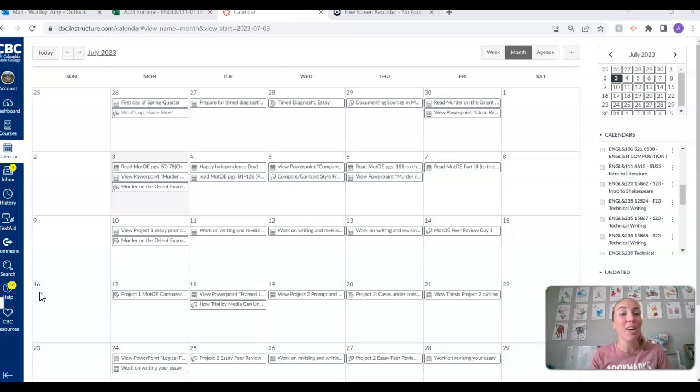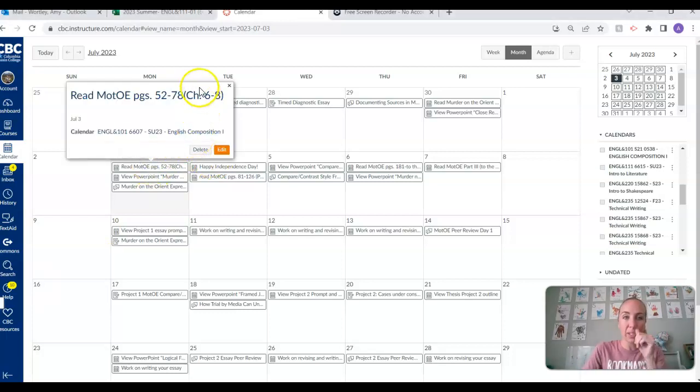So this week we are getting started. Today you're going to be working on reading from Murder on the Orient Express. If your pages are different than the ones I've got noted here, just follow the chapter notations. The pages are for the 2017 edition that matches our ISBN number that was posted in the announcements. If you have a different edition of the book, that's absolutely fine. All the words are the same. The spacing is just a little bit different sometimes, so follow the chapter guides here.